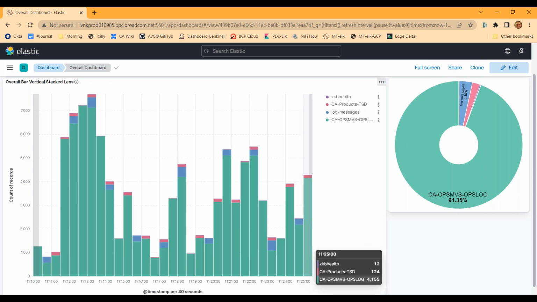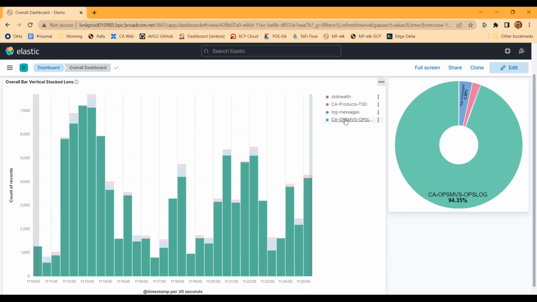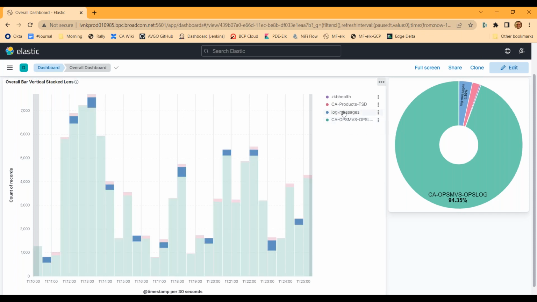And then I've got a stacked vertical bar here, so you can see that most of these records are actually coming from OpsLog and only from 2 LPARs. And then we do have this, which is by Kafka topic, and we'll get into that a little bit later. This Kafka topic is log messages, and these happen to be log messages coming from microservices running in a Kubernetes cluster that we're working on for some of the stuff that we're developing.